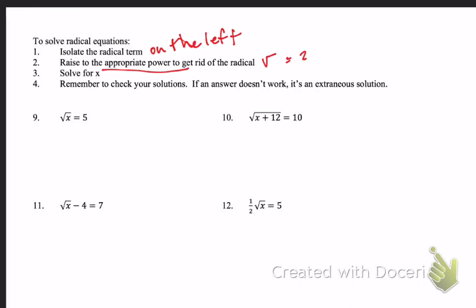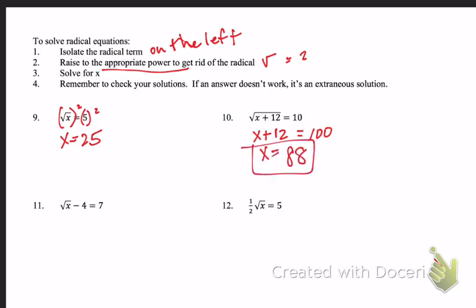So for number 9, I just want to raise it to the opposite power, so I would square both sides. So x equals 25. Number 10, I'm going to square both sides, so x plus 12 equals 100. Then I'm going to subtract 12. So when I subtract 12, I get x equals